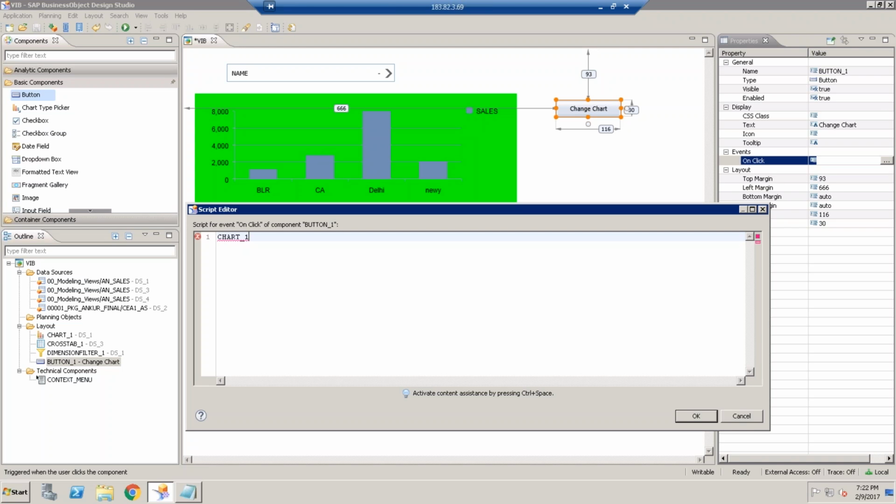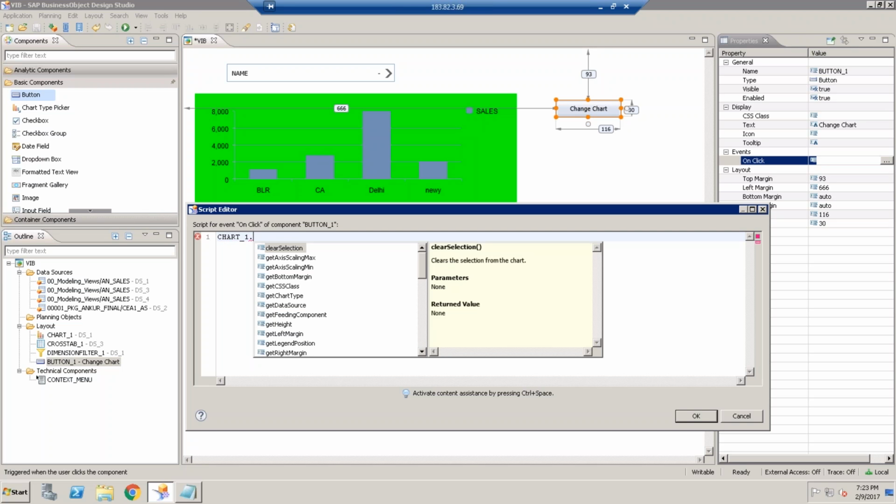Now this got selected, that this is the component on which I need to perform the function. Now the second part is which function do I need? What functionality am I trying to achieve? Change the chart type. Whenever, after the object name, you press dot, it will give you the list of all the functions available for that component. More or less they will be the same for all of the components, with a little bit of change. It's not that it will be the same, but generally they are